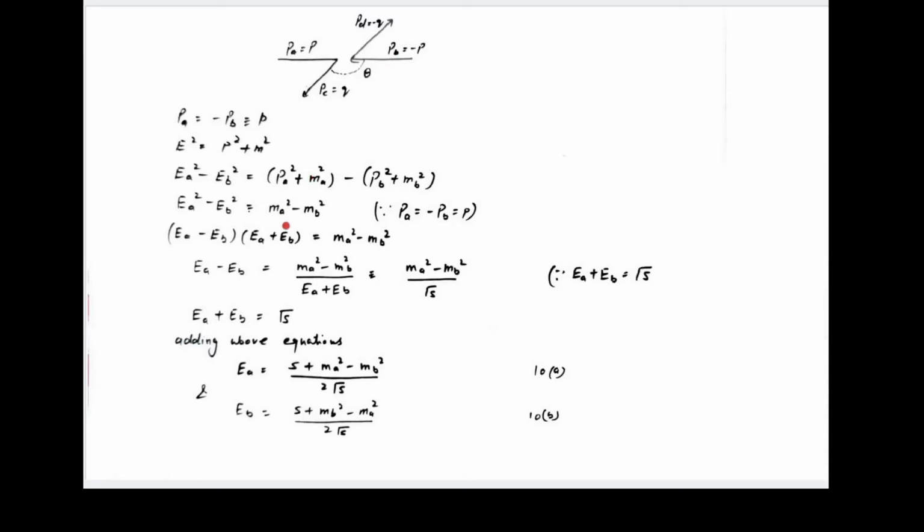Let us derive the relation between energy, momentum, theta and S, T and U. So we are going to derive the relation of energy with S, T and U, the relation of P with S, T, U, and the relation of theta with S, T, U. These parameters are very important because they are Lorentz invariant.